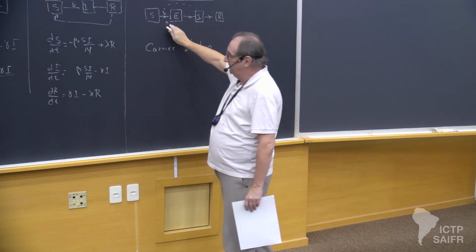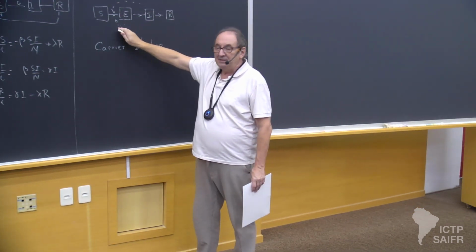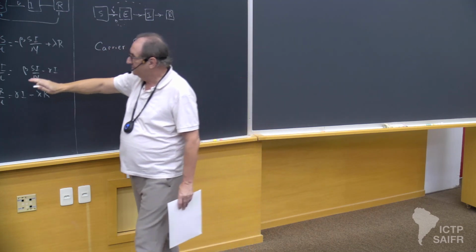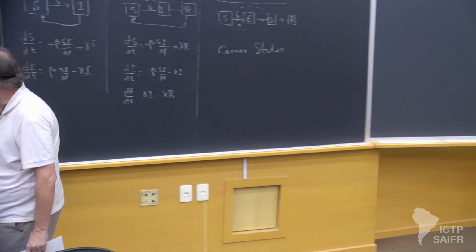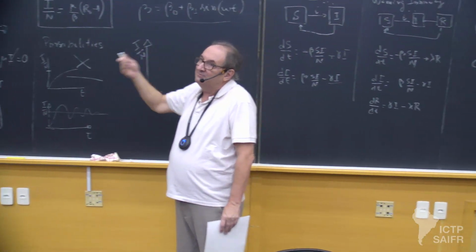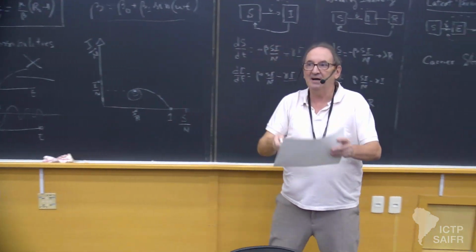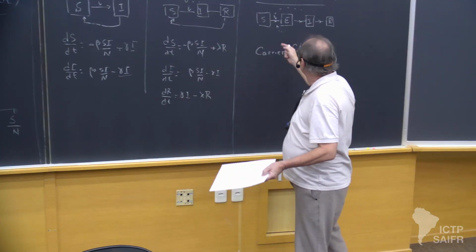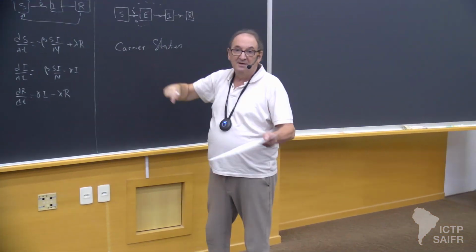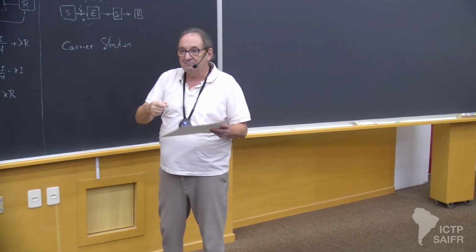I didn't write the equations here because once you get more or less acquainted with that way of doing, it's always the same. It's a beta SI. The only thing that you have to take into account is now you have an E and so on. But it's always